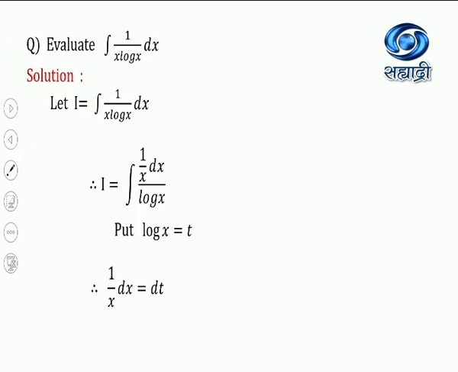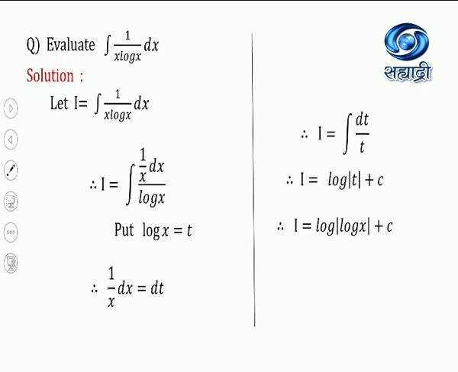Next question, integration 1 upon x log x dx. Note in the question that the derivative of log x is 1 by x. So, just rearranging the terms in I, we can easily write 1 upon x dx upon log x. There is no change in both the questions. Now, put log x equal to t. So, when you substitute, immediately differentiate: 1 upon x dx is equal to dt. Now, we get I equal to dt upon t. Therefore, I is equal to log mod t plus c, and therefore, I is equal to log of mod log x plus c. Don't forget to substitute t again.